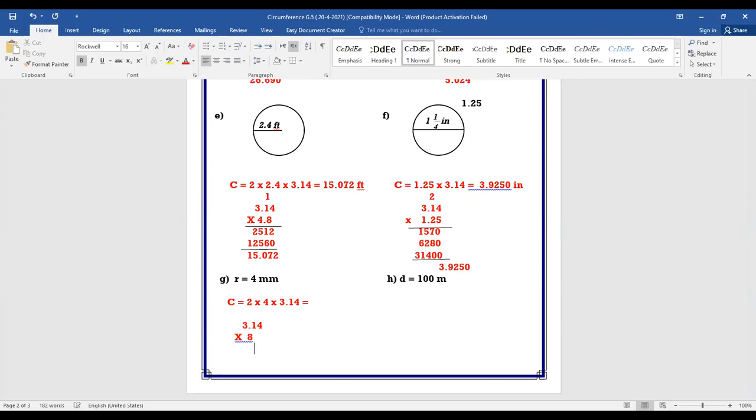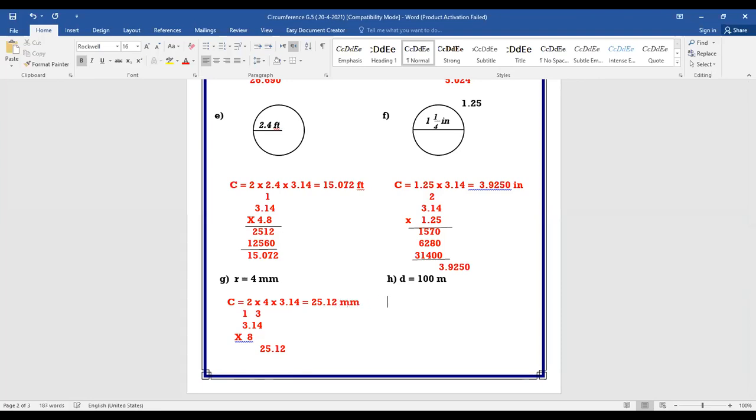8 multiplied by 4 is 32. 2 and carry up 3. Then 8 multiplied by 1 equals 8. 8 plus 3 is 11. 1, carry up 1. 8 multiplied by 3 is 24. 24 plus 1 is 25. Decimal point after 2 digits. No, we finish without 0. We have 8 only. 25.12